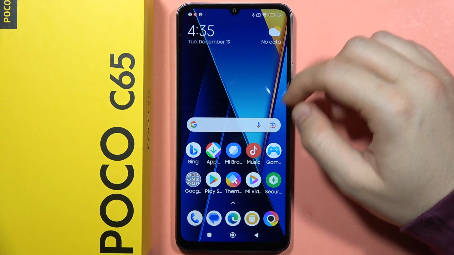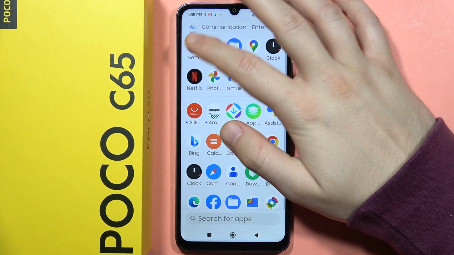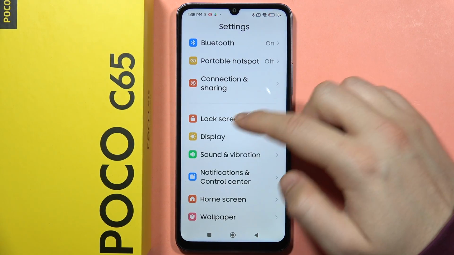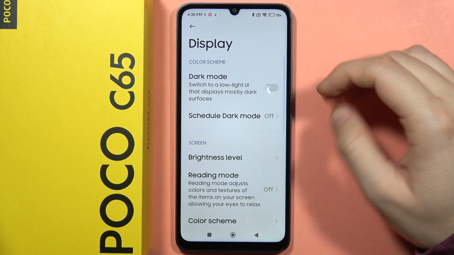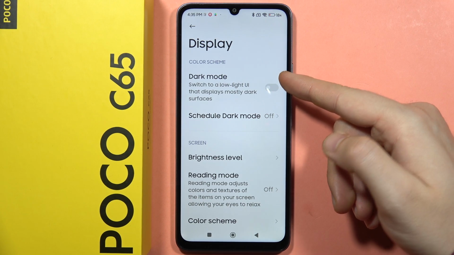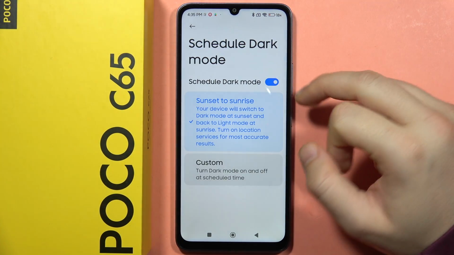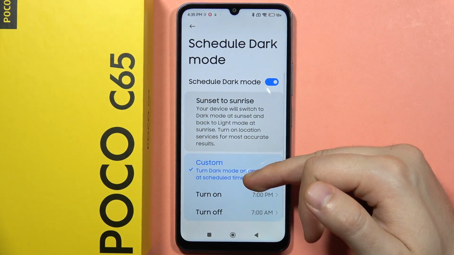To find and adjust the display settings on the POCO C65, first open the settings. Then from here you will have to scroll down and the display settings appear right here. On this phone we've got the option to turn the dark mode on and off and also set a schedule for the dark mode. When you click on the switcher,